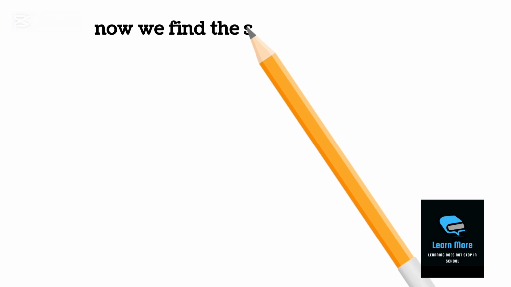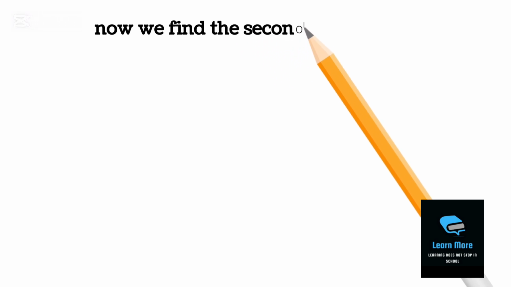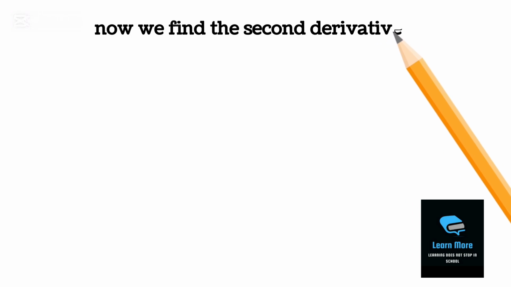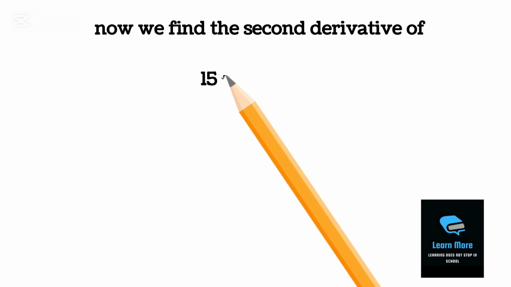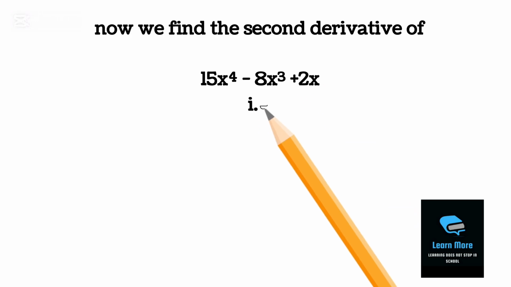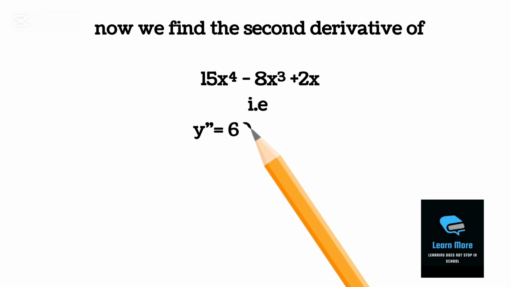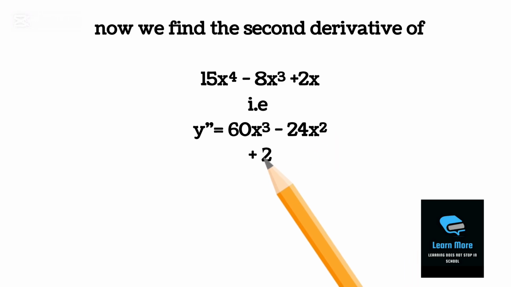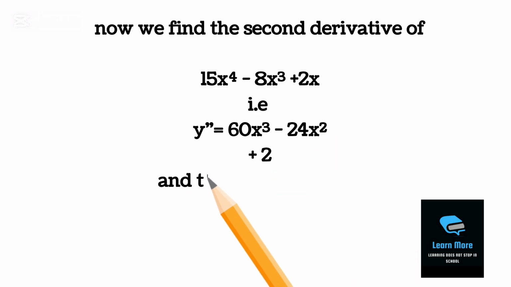Now we find the second derivative of the equation. Note that now we have y prime as 15x raised to power 4 minus 8x raised to power 3 plus 2x. Therefore, y prime prime will be equal to 15 times 4, which is 60x, 4 minus 1, 3,